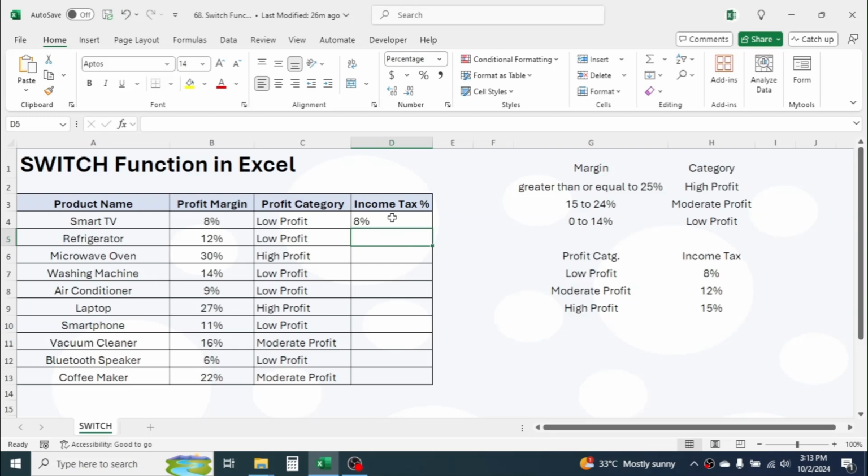Close the parentheses and hit enter. Here you see for low profit, tax rate is given as 8%. Drag the formula down for other profit categories. For high profit, tax rate is 15%. For moderate profit, tax is 12%, and for low profit, tax is 8%. So, in this way we can use the SWITCH function to check for multiple criteria and display the matching result. This function can be a good alternative to IFS and nested IF function if you are using the Excel version